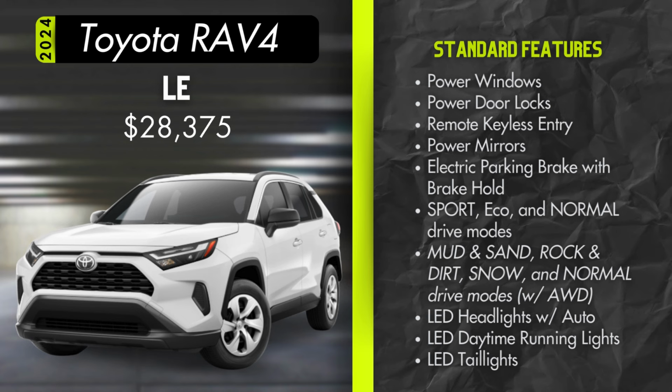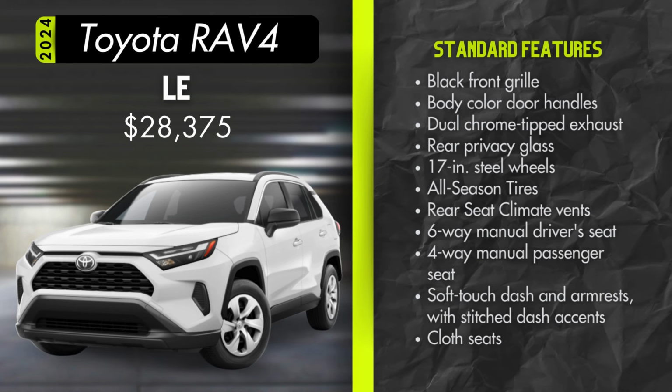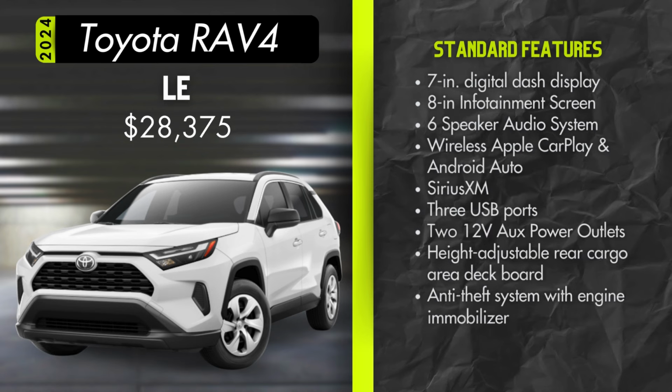You'll get LED projector headlights with auto on-off and automatic high beams, LED daytime running lights, LED tail lights, a black hexagon pattern bar front grille, body color door handles, dual chrome tipped exhaust, rear privacy glass, 17-inch steel wheels with silver wheel covers and all-season tires, rear seat climate vents, a 6-way manual driver's seat, a 4-way manual passenger seat, soft touch dash and armrest with stitched dash accents, cloth seats, 7-inch digital multi-information display, an 8-inch infotainment screen,